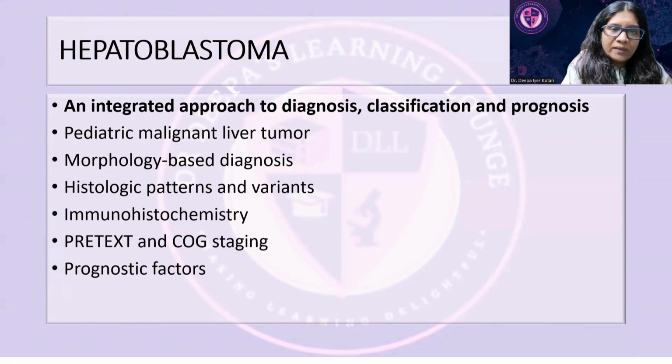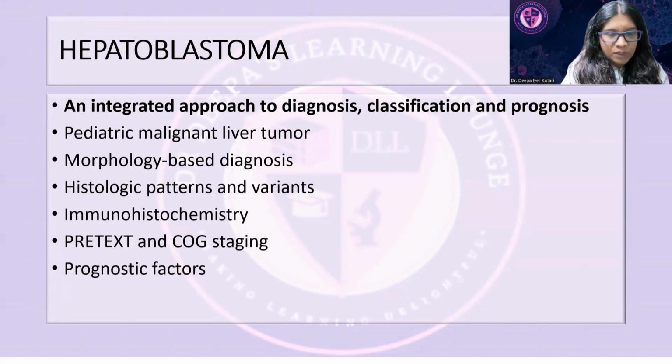And most importantly, we will have a discussion on recognizing the fetal, embryonal, and small cell patterns and the various other rare patterns. We will then discuss the role of beta-catenin, then glypican, HepPar, and we will look at glutamine synthetase, followed by an important differential diagnosis, particularly from hepatocellular carcinoma and small round blue cell tumors. How do you differentiate them? Finally, we will also be looking at the PRETEXT staging, which is very, very important for the pre-treatment staging of